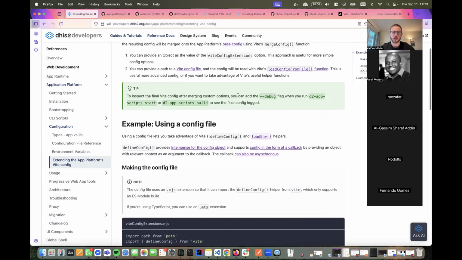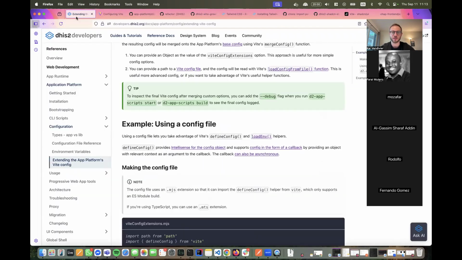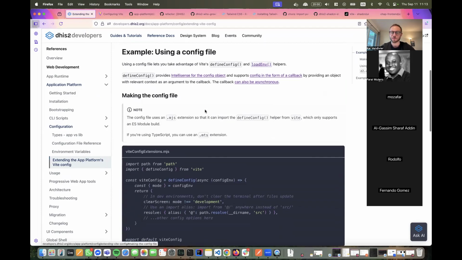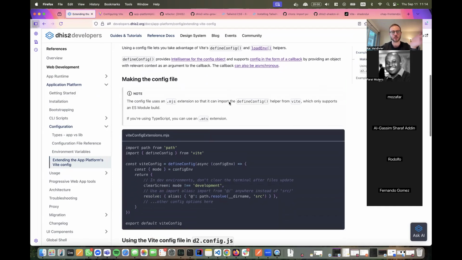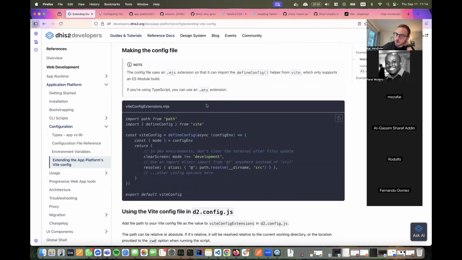There are a lot of options available in Vite. You can certainly browse the documentation and find it, but oftentimes the things that you need to change will come up naturally as you're working on things and problem solving, you'll be like, oh, I need to add this to the Vite config. So what that looks like is you can make a separate file in your application. You should probably name it something .mjs or .mts